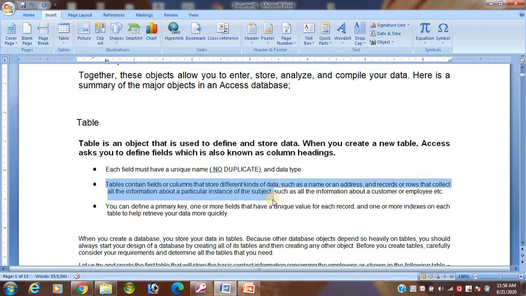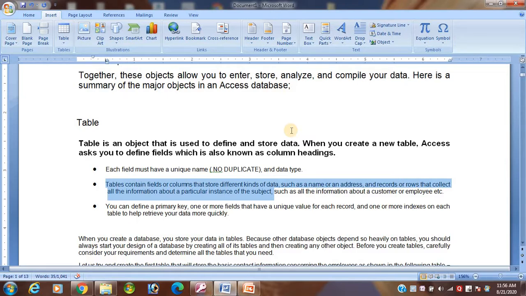To make a field you have to give a name, like name, father's name, mother's name, address. These are all student field names, and each field must have a data type, which will be discussed in the next video class, because I want to discuss point by point. Don't hesitate.